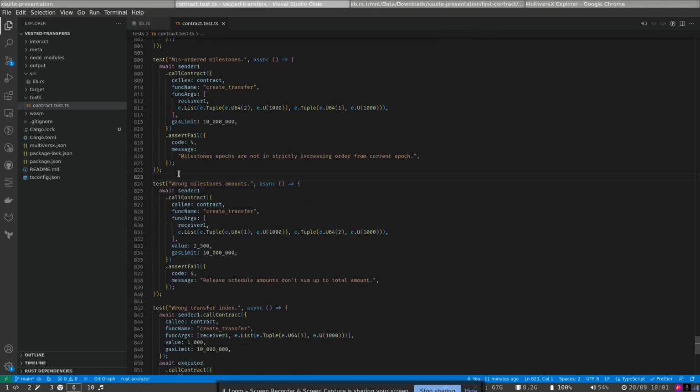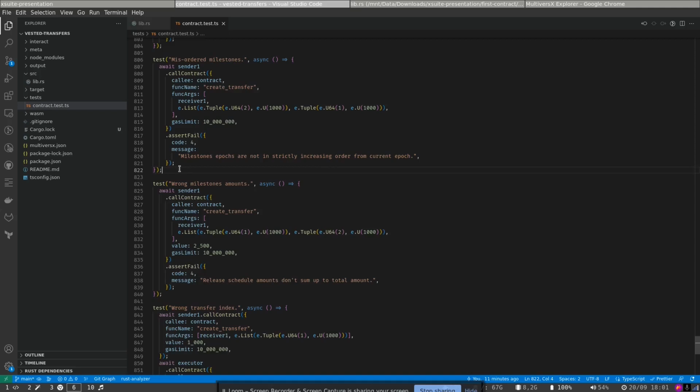Another interesting thing that you can do with xSuite is that you can easily test the scenario that should fail. When you test, it's important to test the scenarios that should work and verify that the correct behavior happens. But the same goes for things that should not work, that are forbidden. It's important to test that indeed the contract forbids the forbidden things. And so, for example, in this test,